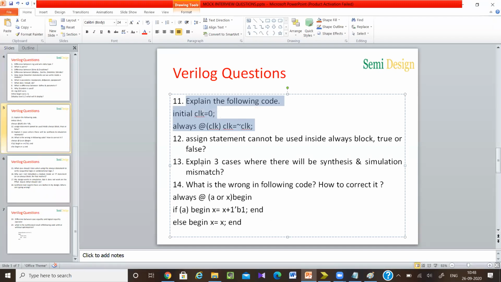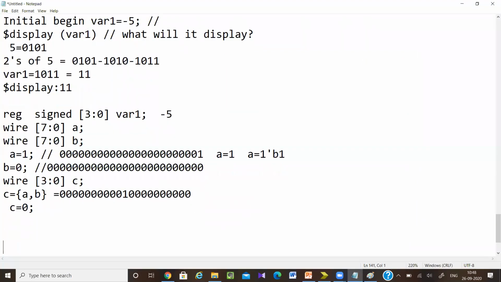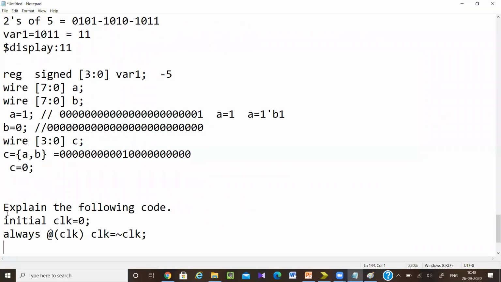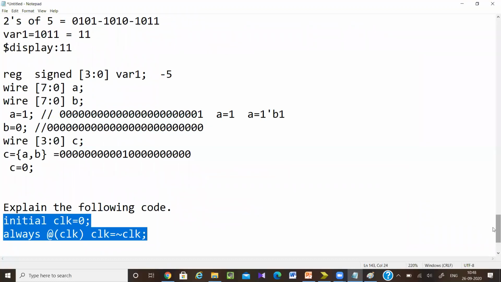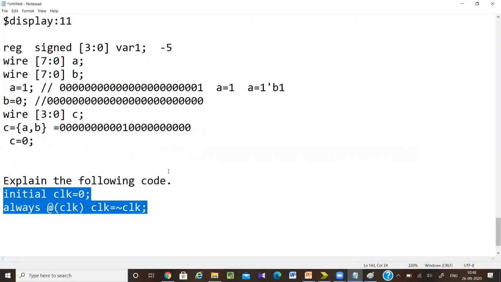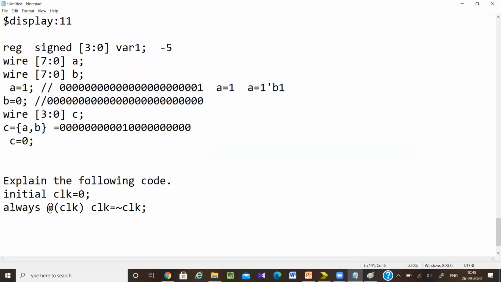Let's see how many questions I can discuss. So explain this clock generation. Will the clock be generated perfectly or not? No. Okay, then why not? Because initially we are initializing clock as 0, and then we are not giving any expression like clock is toggling, and here we have written always at the